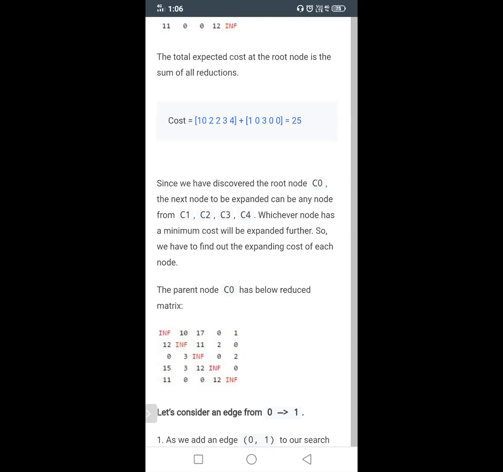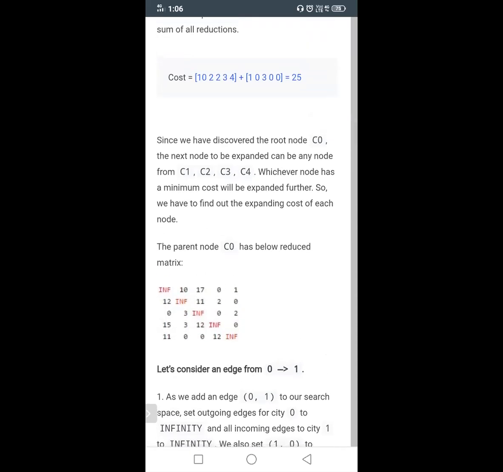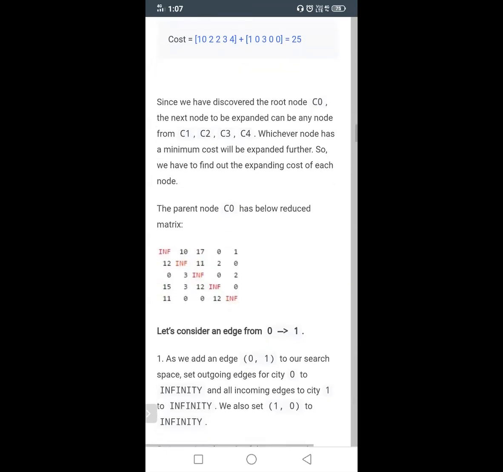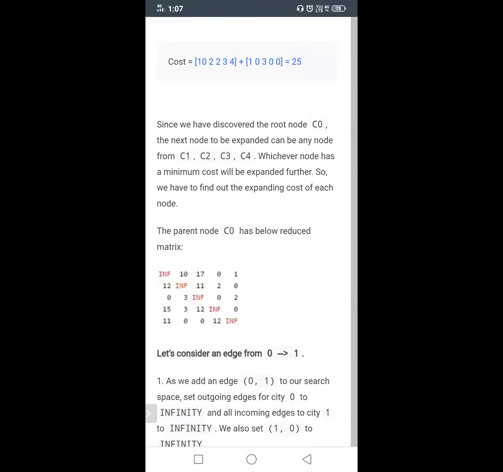So next we move here, C node as 0, and C1 is 1, 2, 3, 4. We start with the 0th node, then which node do we have to move to? We don't know. That's why we are taking 0 to 1, 0 to 2, 0 to 3 and 0 to 4. We don't know which cost we have to find. So just consider 0 to 1. Then you make 0th row and 1st column infinity, considered as 0 comma 1. Just remember that 0 means row, 1 means column.